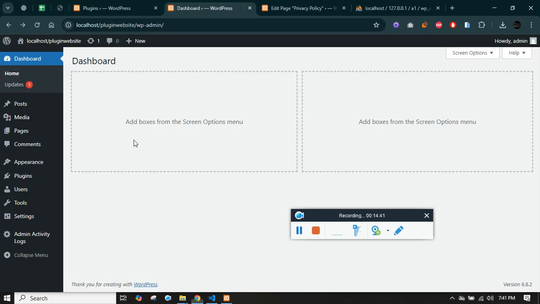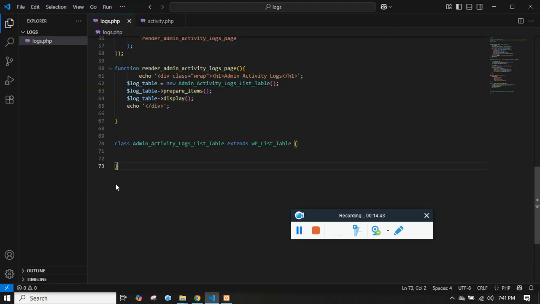So to display a table, what are the minimum things we need? We need the column names, we need whether each column will be sortable or not, we need each row from the database table, and a pagination. So let's just define the